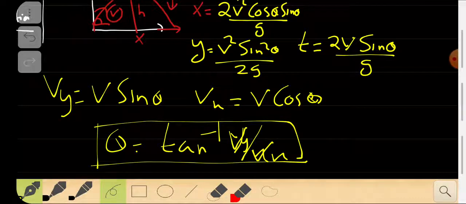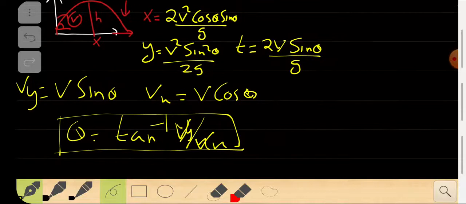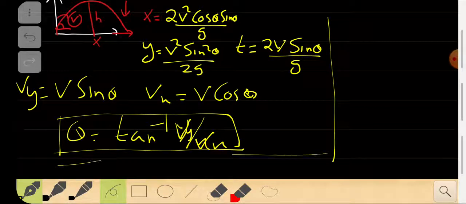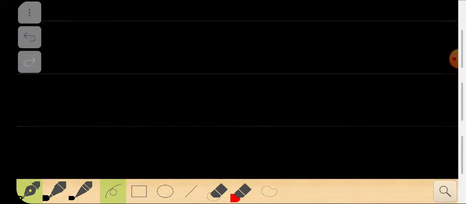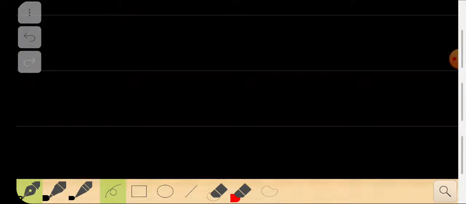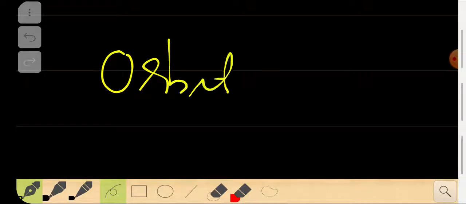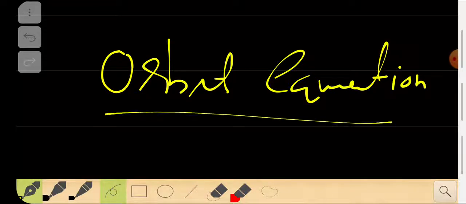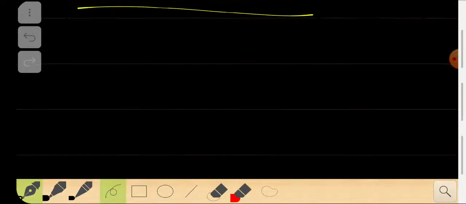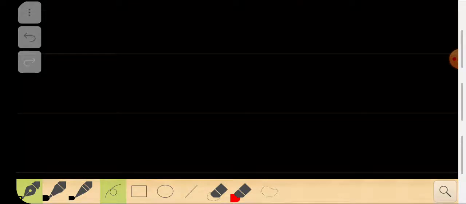Now what I'm going to introduce is something similar but somewhat different, and a bit more useful for you to do physics problems when you encounter them. What we are going to do now is the orbit equation. So what is the use of the orbit equation, and what is the advantage of using it instead of all these resolutions and solving?